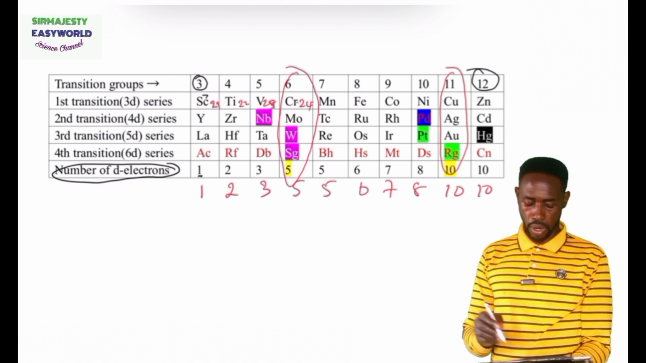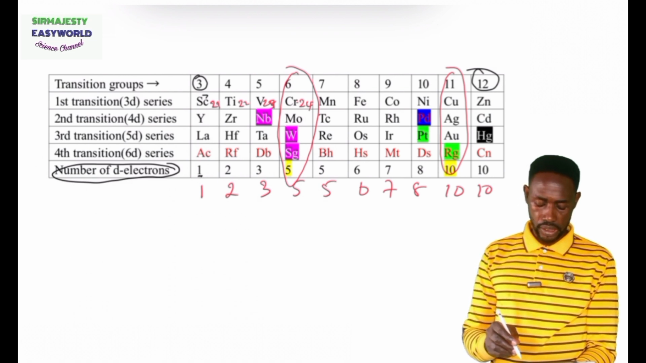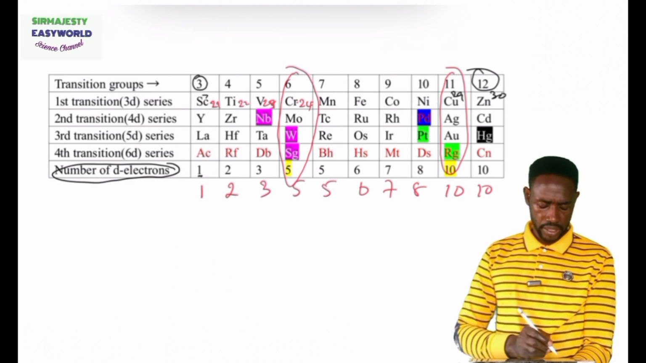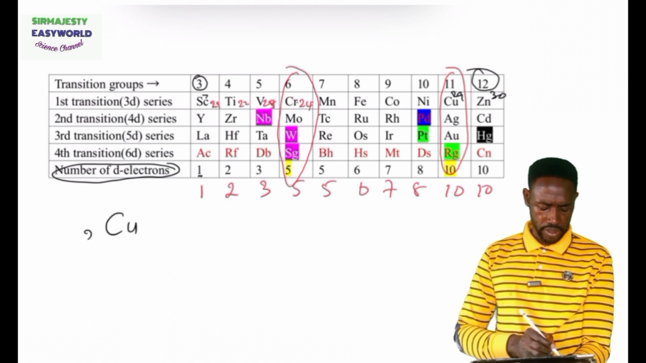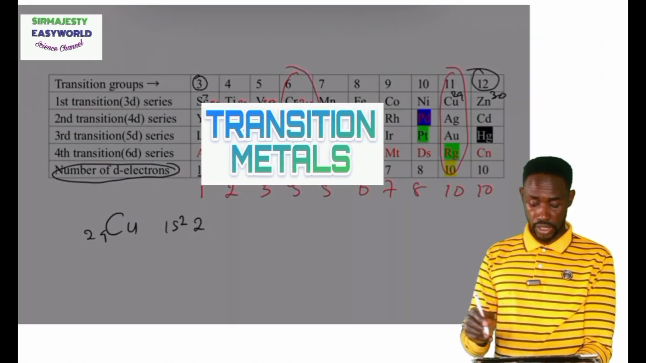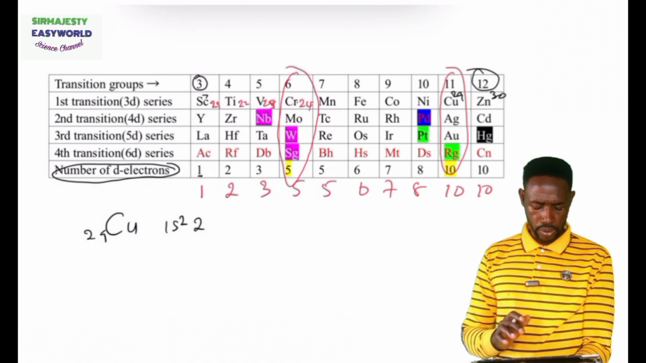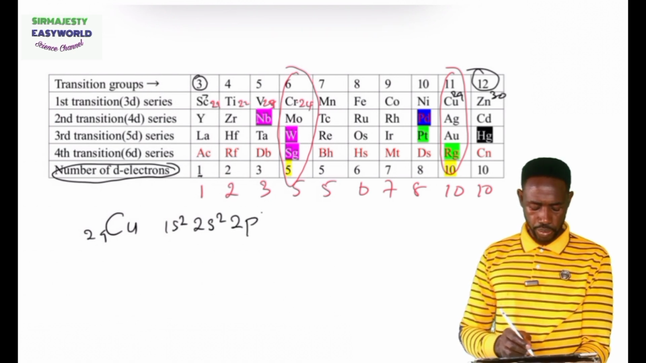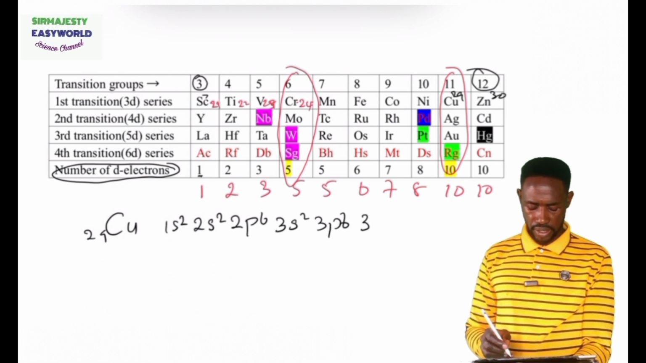But when we come to copper, copper has what? 29. Copper should be number 29 and zinc should be 30, of course. One normal thing one should expect while writing copper is 1s2. I don't want to use the noble gases, to make it easier. So we have 2s2. I want to go into details: 2p6, 3s2, 3p6, 3, and then 4s2,